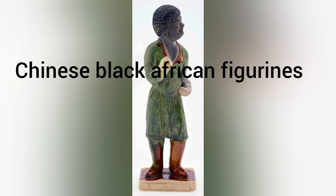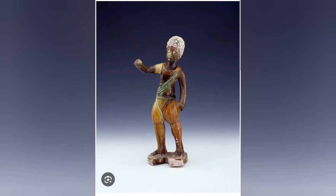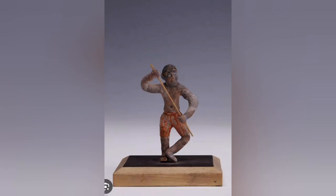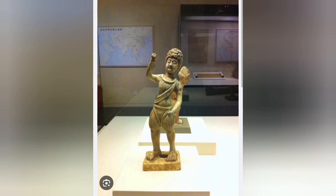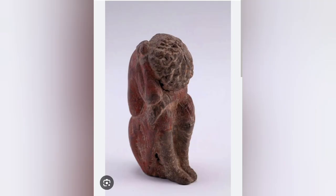Now, some people believe that Africans founded the dynasties of China. This is not what this is about. I'm not going to claim something like that. To me, that's kind of outrageous, especially given the fact that some of the civilizations in Africa do not predate these Chinese civilizations. But it's obvious that the Chinese were very familiar with the direction of the Africans because there